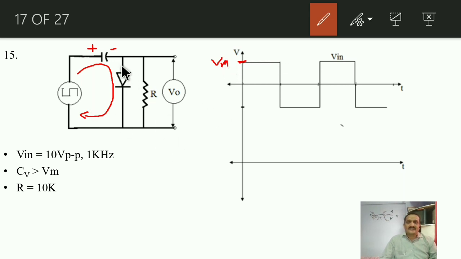Now during the negative half, this diode will become reverse biased and will get open. Now what nature of output? The output will be the stored energy plus the input. That means you will have almost twice the input as output, Vm plus negative Vm, is it? So the nature of output will be like this. See the negative amplitude over here, it will be twice of Vm, and that's why this is known as a negative clamper. The output gets clamped.